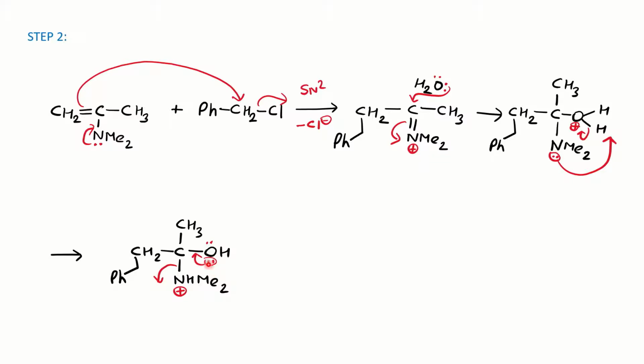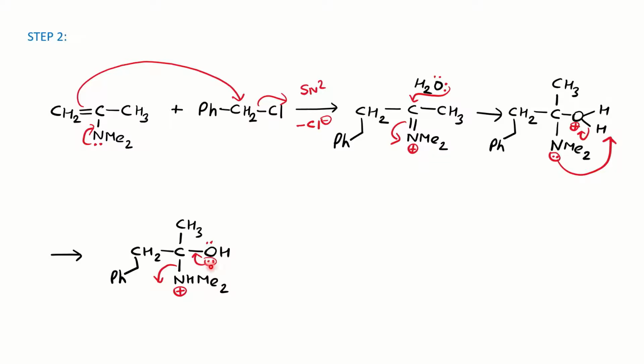As you can notice here, in this structure we have a positive charge. Still we have the lone pair on the oxygen, so this will help to release the secondary amine from the carbon. This is the entire procedure. What we are doing is the hydrolysis. We are learning how to do the hydrolysis. All the steps belong to the hydrolysis.